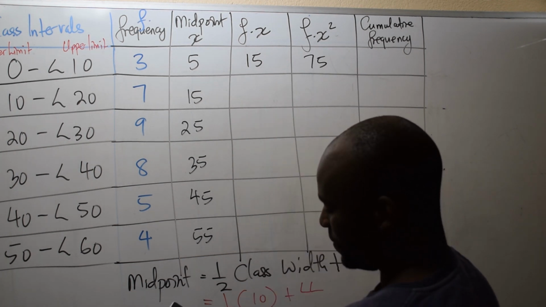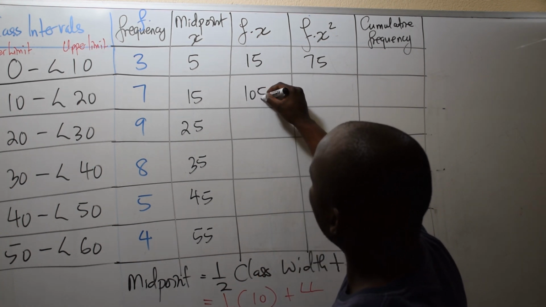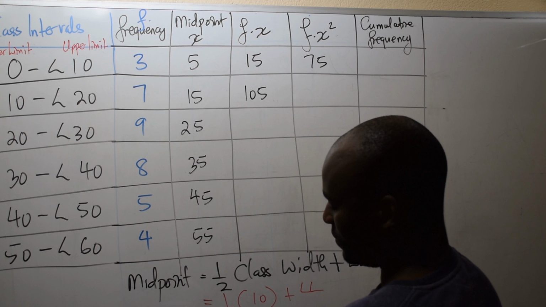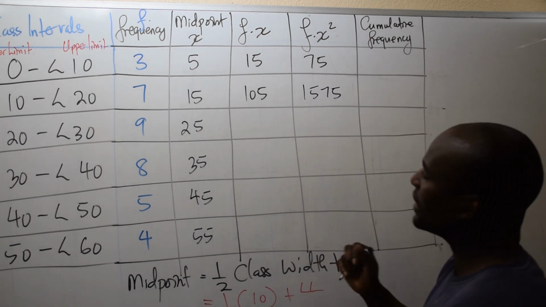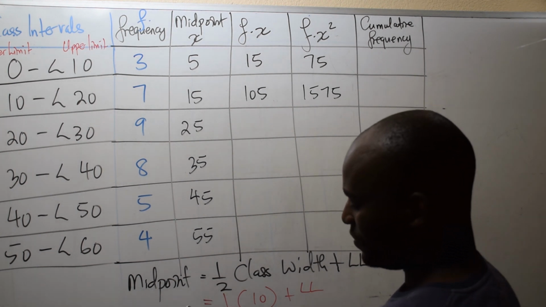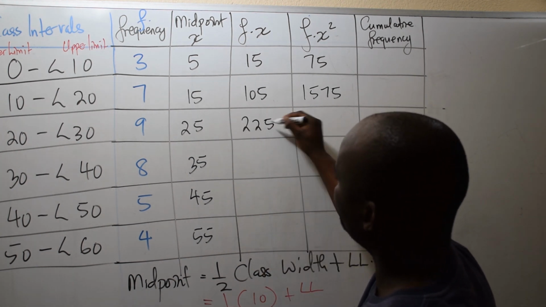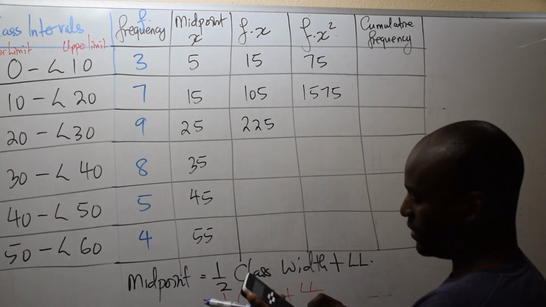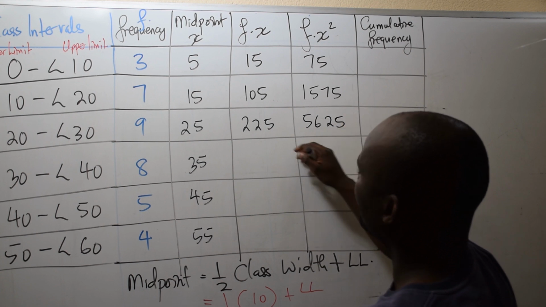And then we come here, 7 multiplied by 15 is going to be 105. And then we play back, we square the 15. If you are effective with your calculator, you're going to save yourself a lot of time doing these calculations. 225, play back, square this, we get 5625,